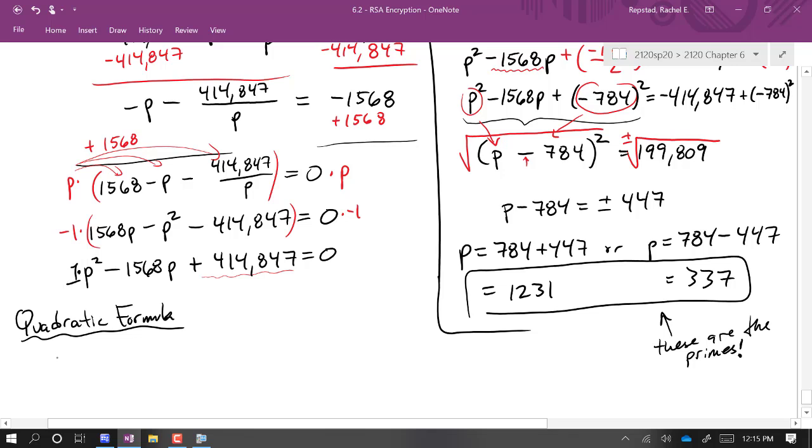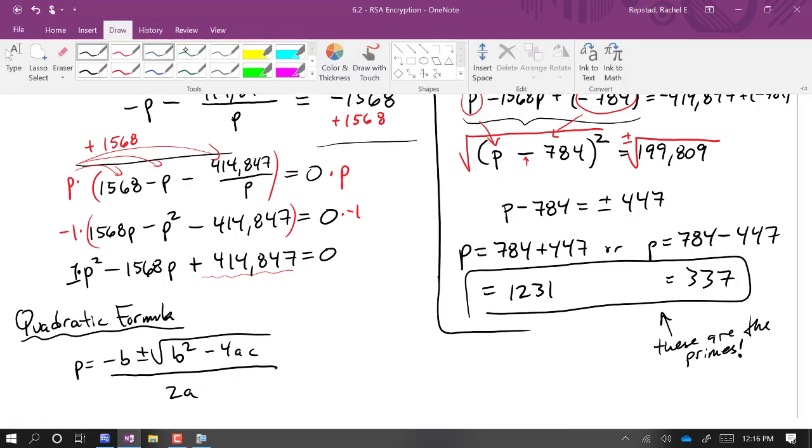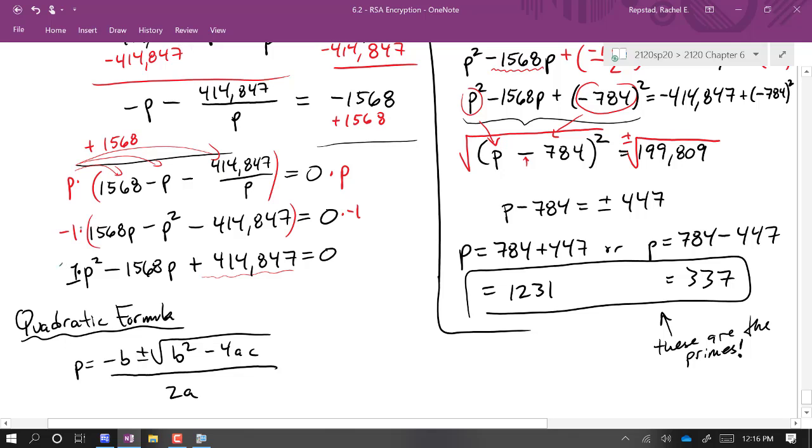So the quadratic formula tells us that p is equal to negative b plus or minus square root of b squared minus 4ac all over 2a, where a, b, and c come from the coefficients of the equation. So here's a, b, you have to make sure you grab the sign that goes with it. So a is 1,